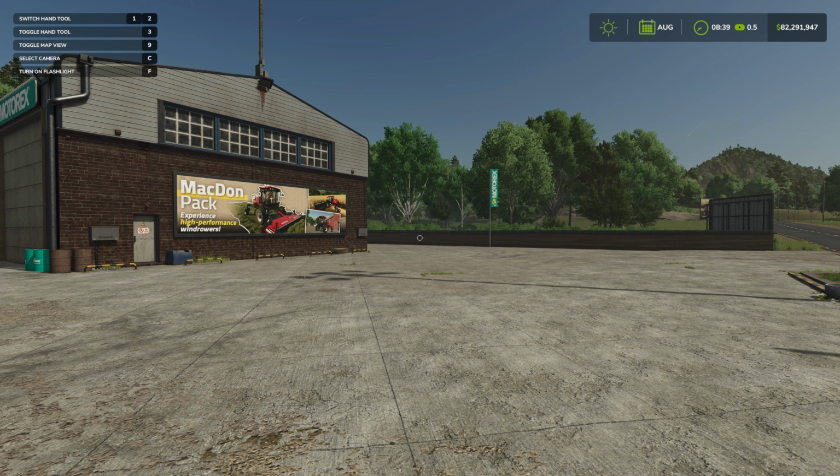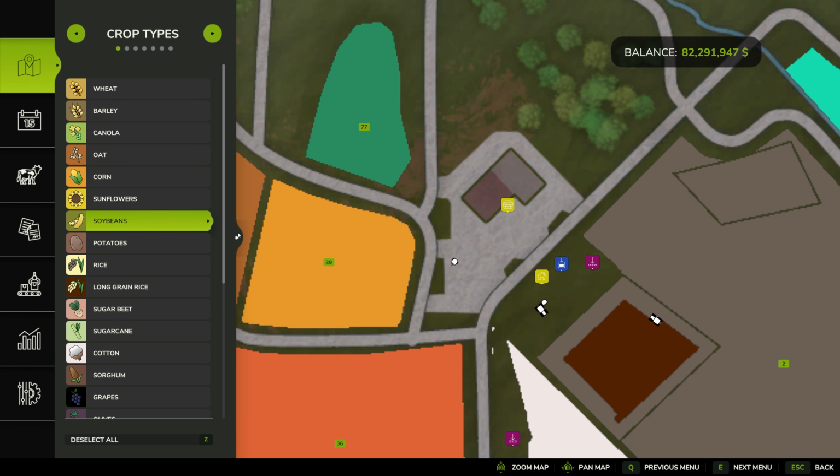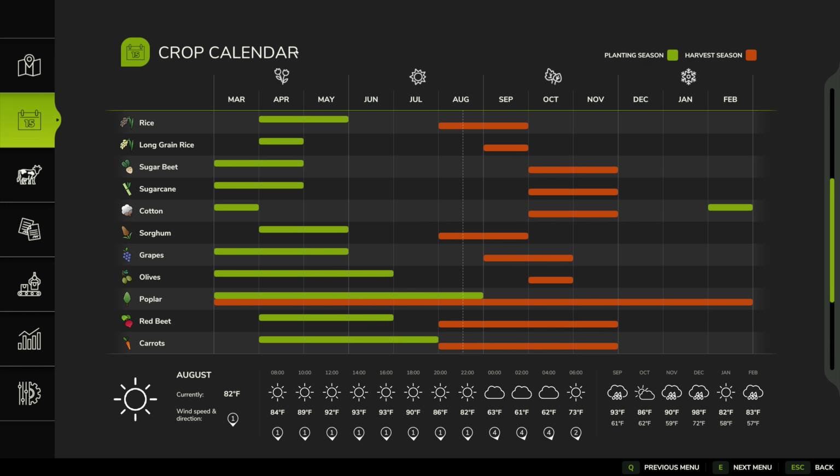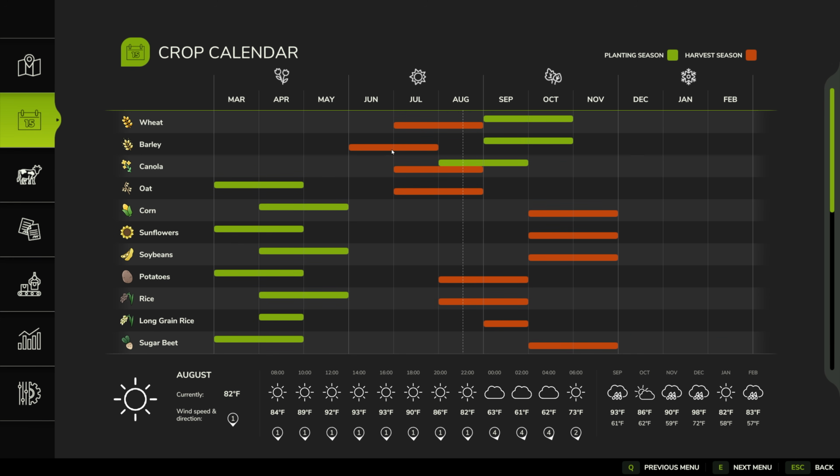So if we go into our menu here, and again, this is for all platforms. So this is your main menu of the game. If I go down to this little icon right here, this is our crop calendar. So at the top, we have planting season and harvest season here. So the way to read this and understand this, if I just go up to the top, we can look